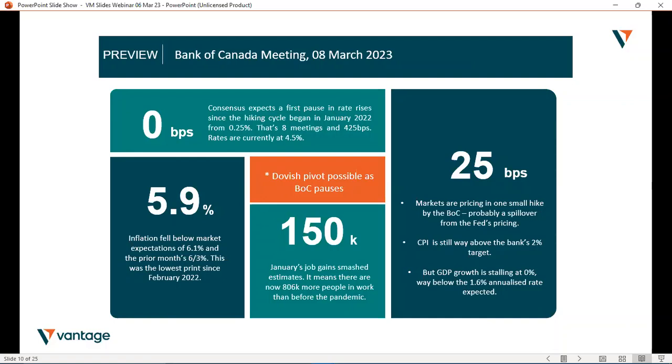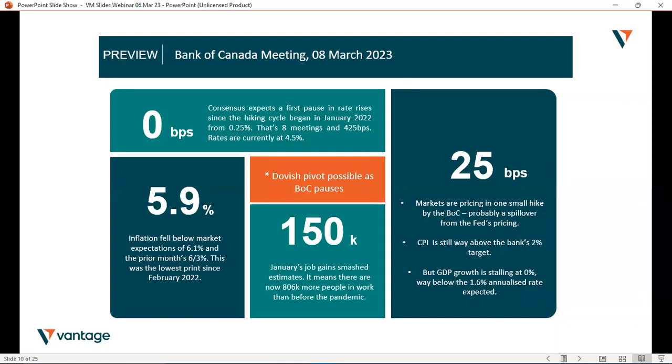And well, we've come from 0.25% in January of last year, and the Bank of Canada has lifted rates by 4.25% in just 8 meetings. So that's an average of over 50 basis points per meeting. You remember they did a 100 basis point move, sort of middle of third quarter last year, and now rates are at 4.5%. So yes, kind of instructive, logical. They want to assess the impact of all these very sharp rate rises.